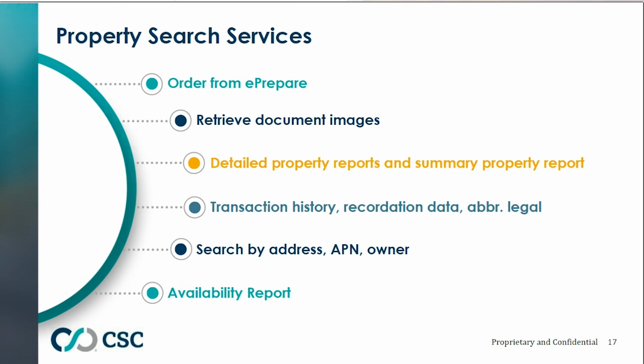We also have an availability report within ePrepare to show you which jurisdictions provide what reports, right? And you also have the ability in most cases to pull an image of the last financial document or the last transfer document as well. There again, that'll be available on the availability report to show which jurisdictions provide that ability within our system. It's really nice. It'll literally pull the last deed and the last mortgage that you can reference. That's on record with the county, and you can reference any and all information that you may need. Everyone needs different information from those reports and from those images, and in most cases, we have it all available right there within ePrepare for you.